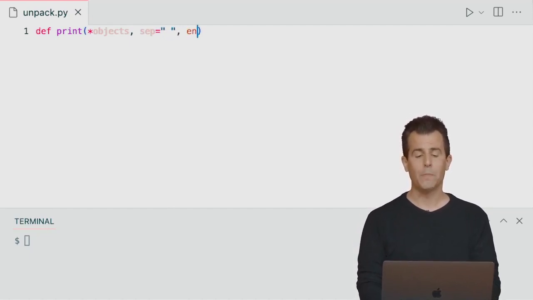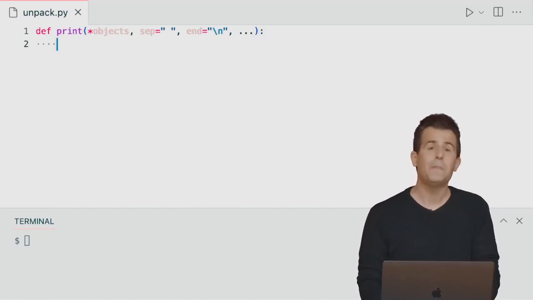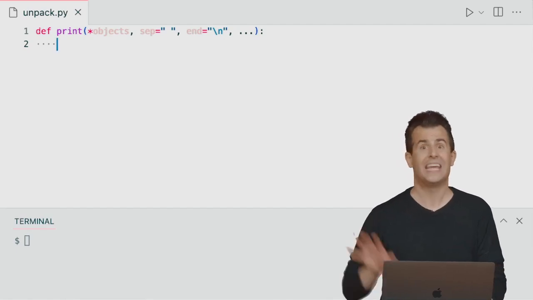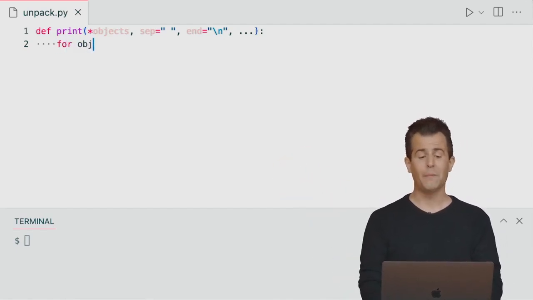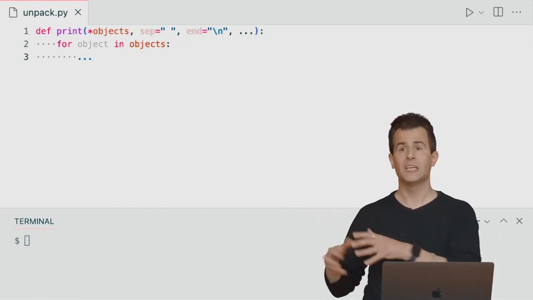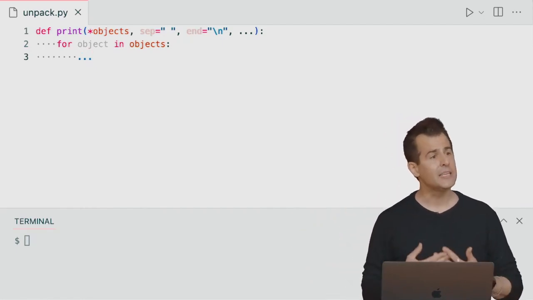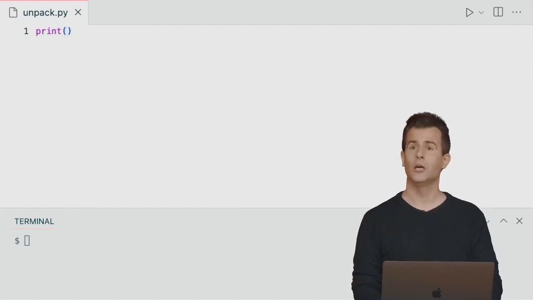The next one of which might be end, the default value of which is a newline, and then some of those other named arguments that we've not looked at as well. And then maybe inside of the print function implemented by the authors of Python, there's a for loop like for object in objects that allows them to iterate over each of those variable number of objects and print each of them. And this is why in programs past, you and I have been able to do just print,